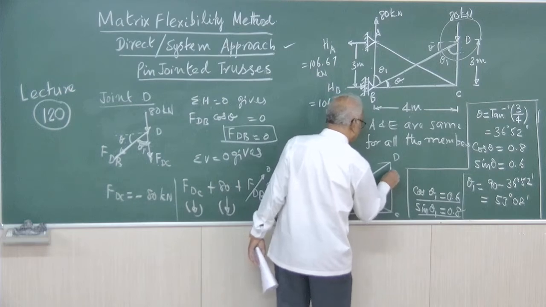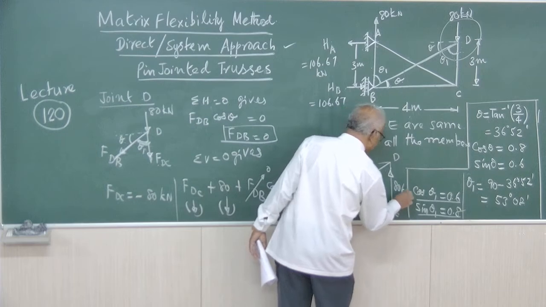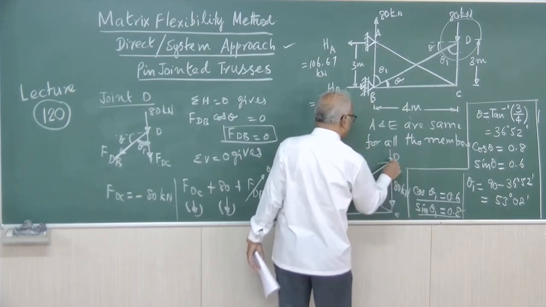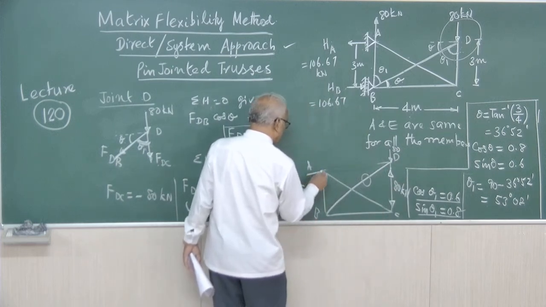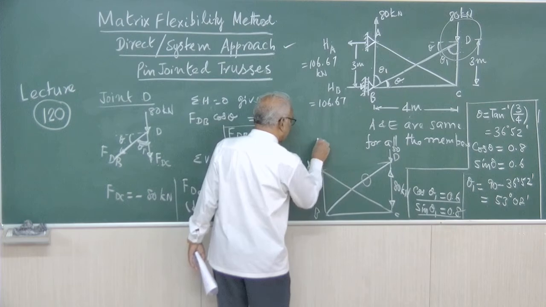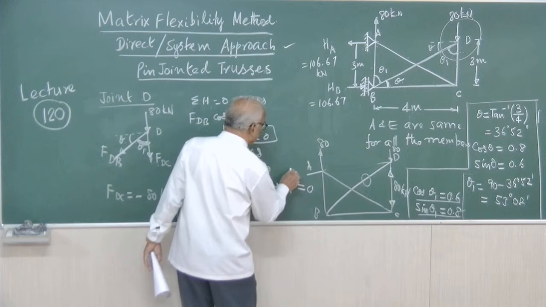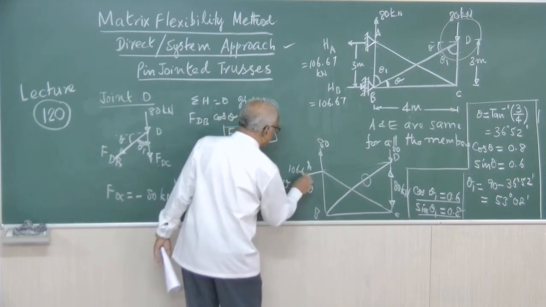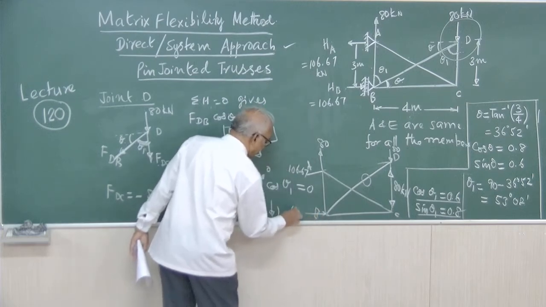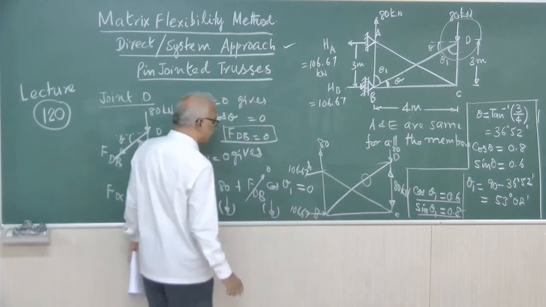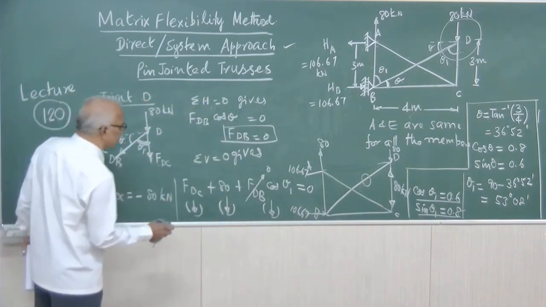We have assumed that to be tensile. We are getting it with a minus sign. Therefore, it is compressive. So there is a force here, 80. Now there is a reaction in the upward direction, 80, because for method of joints, these values will be needed. Suppose if we omit anything, the calculation will become wrong. So here also it is 106 point